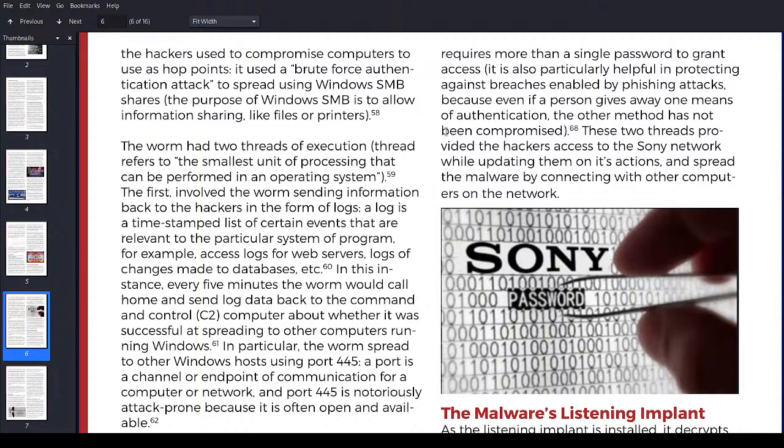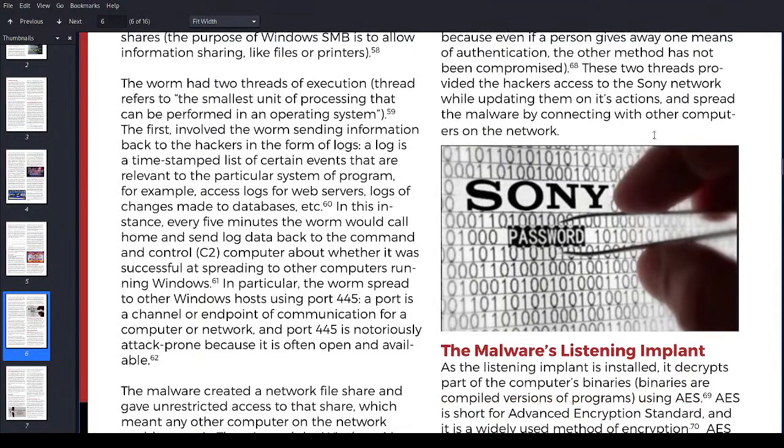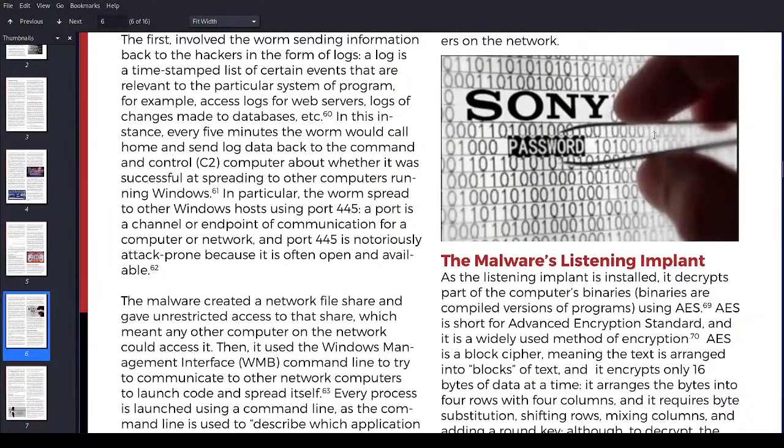It is particularly helpful in protecting against breaches enabled by phishing attacks, because even if a person gives away one means of authentication, the other method has not been compromised. These two threads provide the hackers access to the Sony network while updating them on its actions, and spread the malware by connecting with other computers on the network.